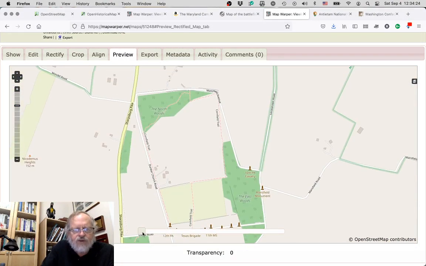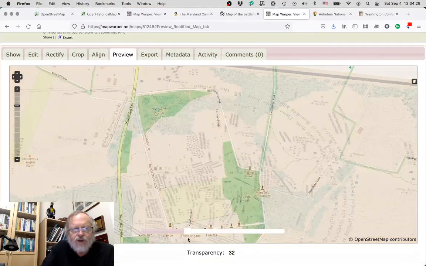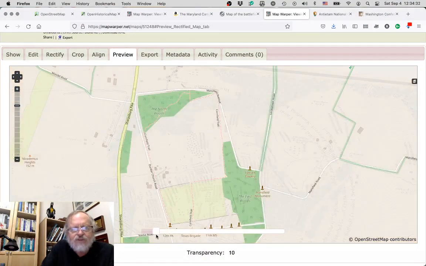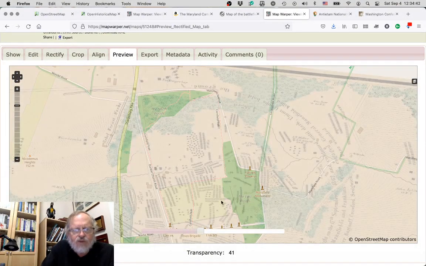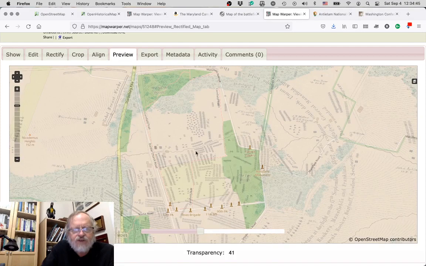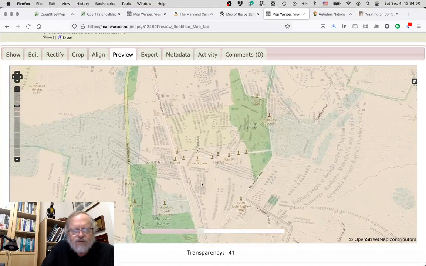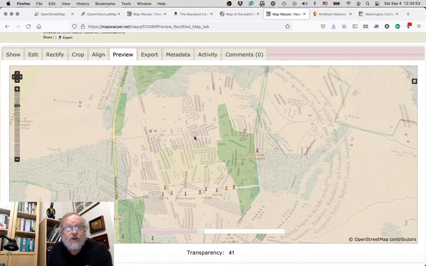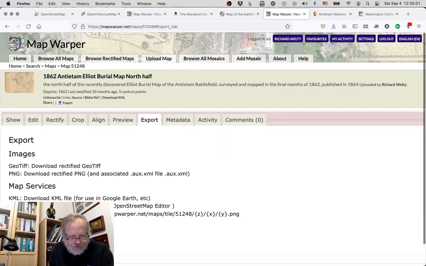But how is the top up here near the North Woods look? And that looks quite a bit better. That Poffenberger house is dropped in the right spot, more or less. Yeah, we can kind of go with this. At least for the zone inside of Mansfield Avenue, around the cornfield, down in the tail of the Smoketown Road, this is okay. So as long as we limit ourselves as to how far we go, keep it inside that group of roads, we could actually do some mapping here. So